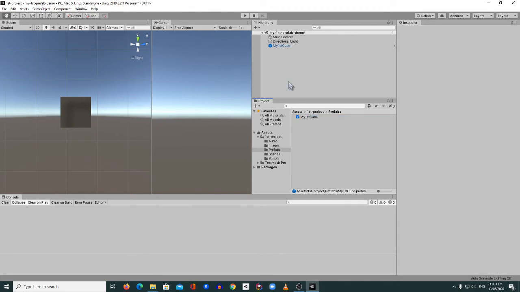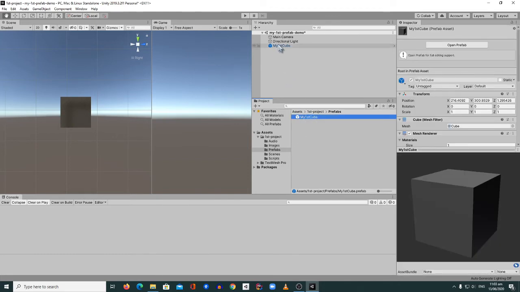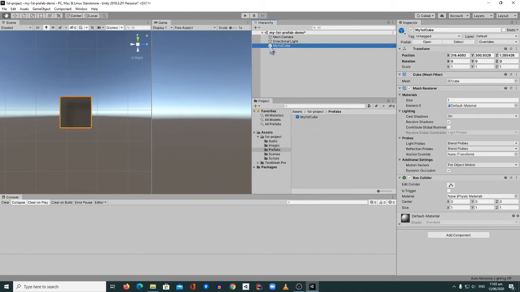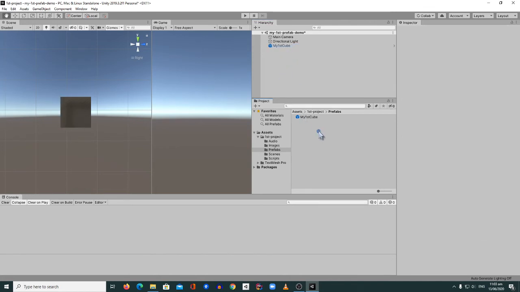So you notice that after we drag that thing, it changed the color to blue. It means it's a prefab. You can also check the icon. That icon tells you that it is a prefab. So a prefab is a building block in Unity that you can use again and again. Usually you're gonna use this